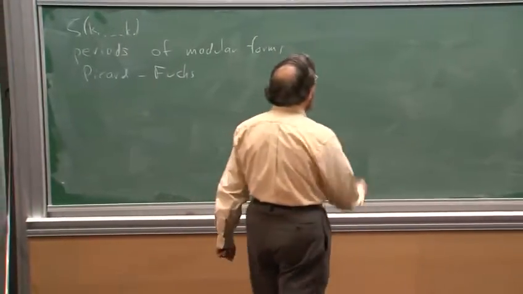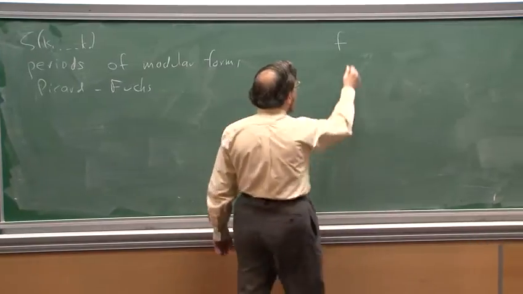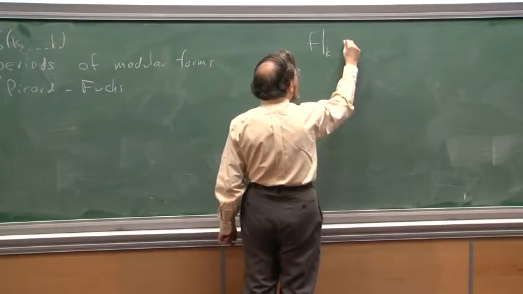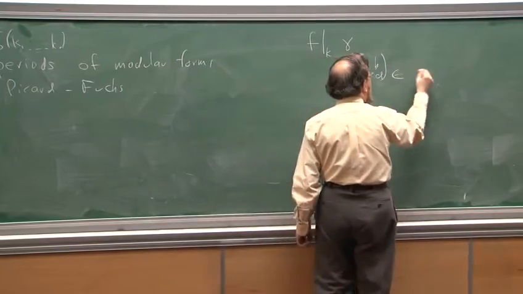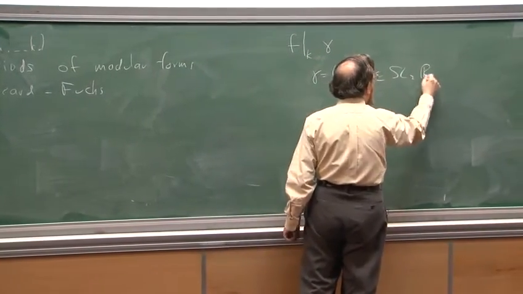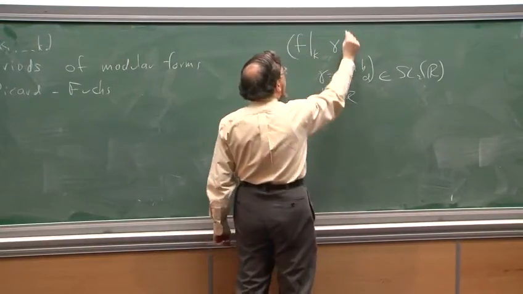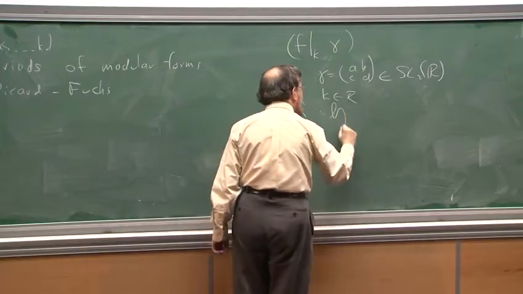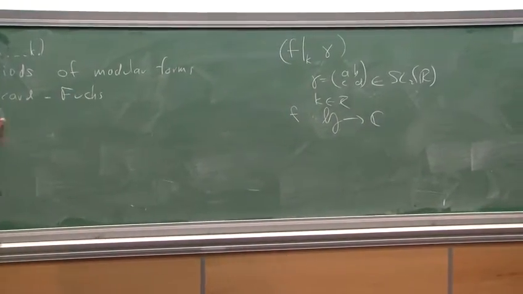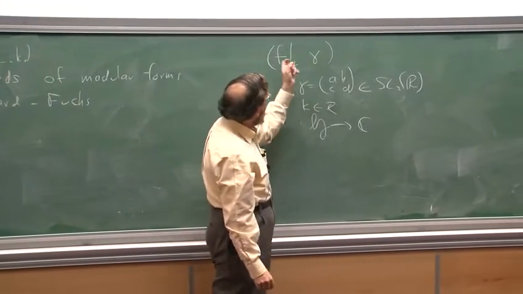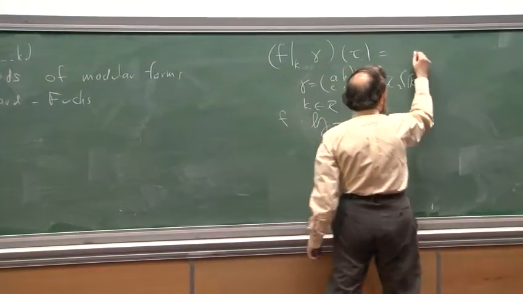So first of all, let me remind you of modular forms. Certainly everyone knows what they are, but just to slightly fix notation, first I remind you about the slash operator. If gamma is an element of SL2, well, Z or even R, and k is some integer, then if I have a function f from H, which is the upper half plane, Poincare plane in France, the slash operator sends f to f slash gamma, so it's a right operation, and it's the function of the upper half plane